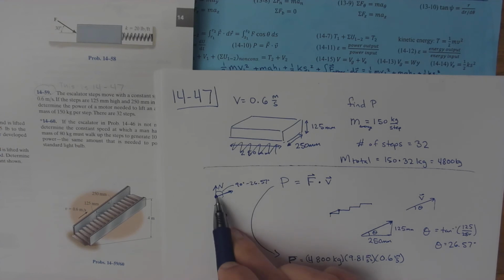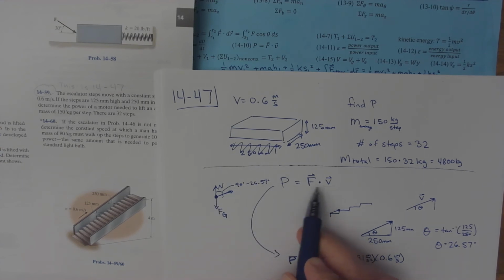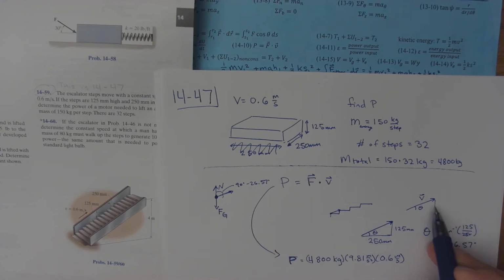And then I could either say cosine of 90 minus 26.57 degrees when I do the dot product here,